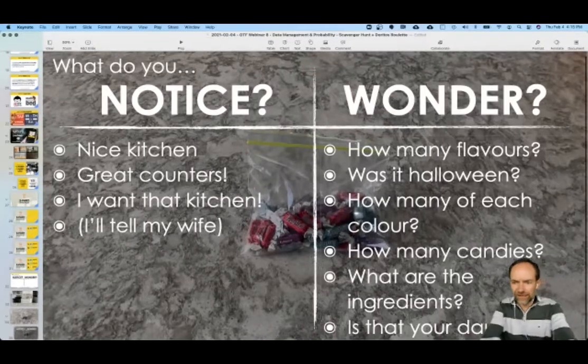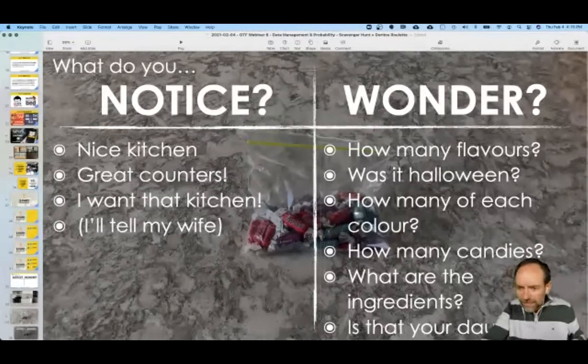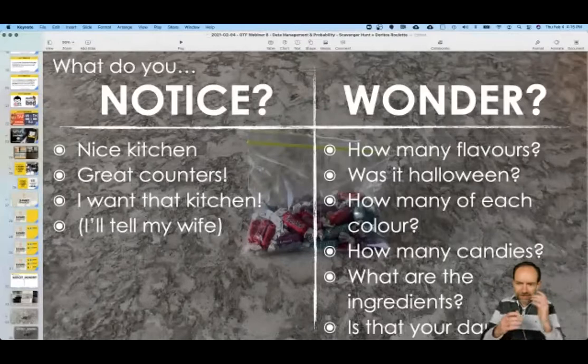We've got lots of good ones going on here. We have some coming in the chat. Annabelle was saying the same thing: how many of each color? Does she get to share, or does she have to keep them all herself? That would be something that any child would be thinking, and maybe an adult as well.